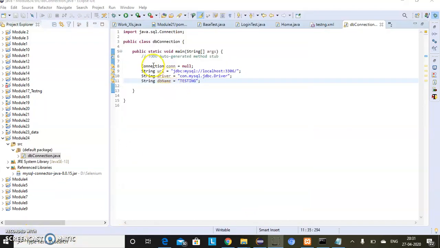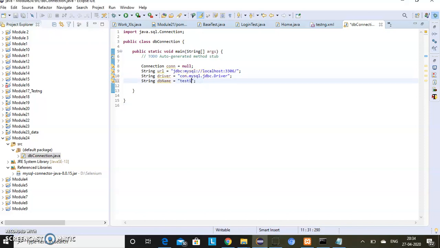See, Connection is an interface, and it helps us to establish a connection. These are the string values which help in providing the connectivity. This is the code which we always have to follow. This localhost is our current machine. This is the driver class which is present in this library file. And this is for testing, the database which we created, to which we need to connect. Testing is in lower case.